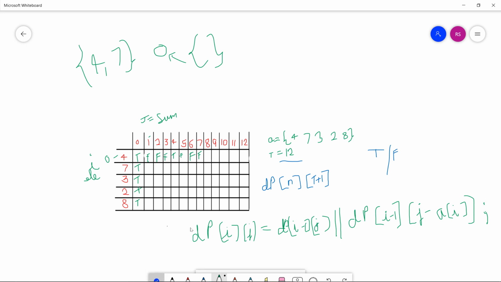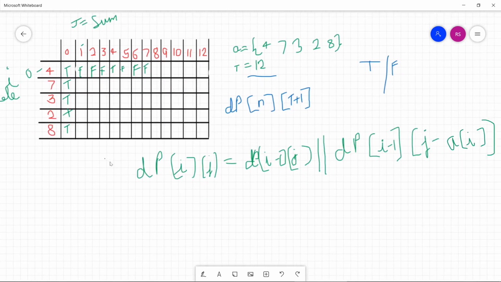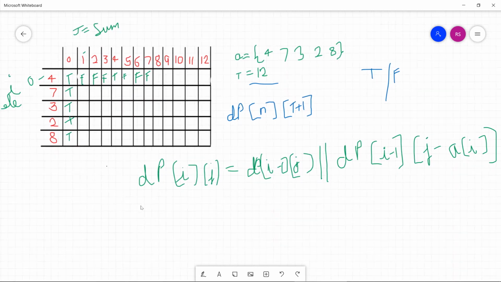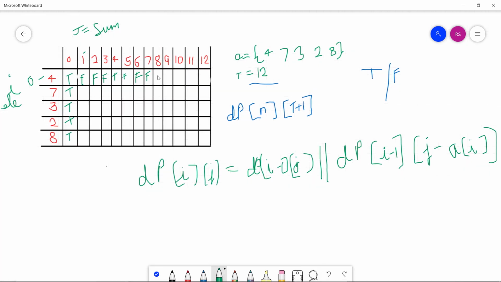Let me zoom it. Right. Now the rest of the sums will be false.